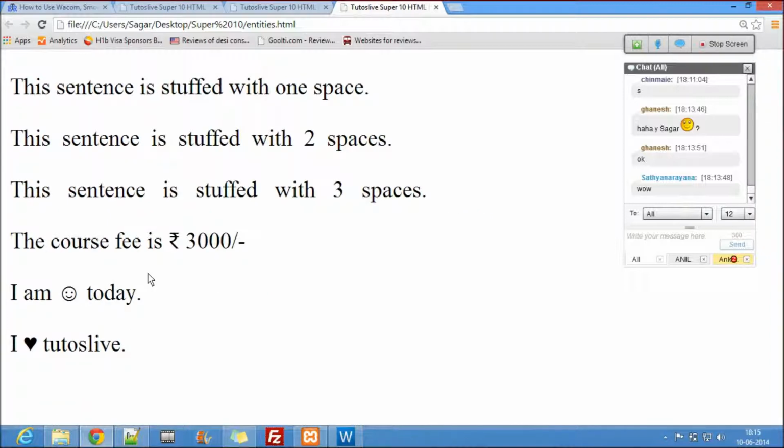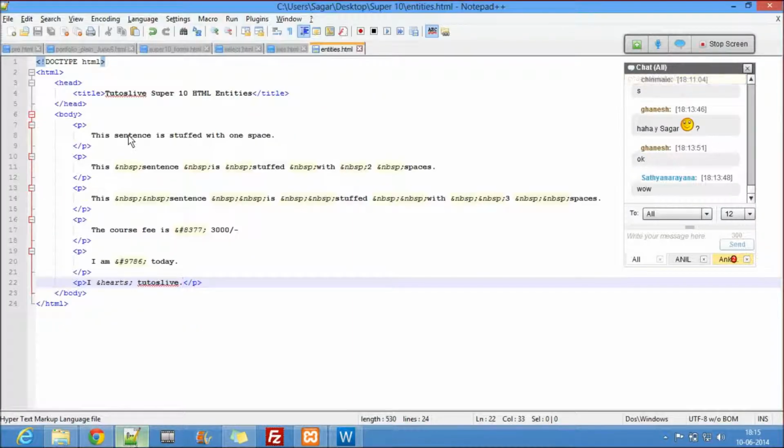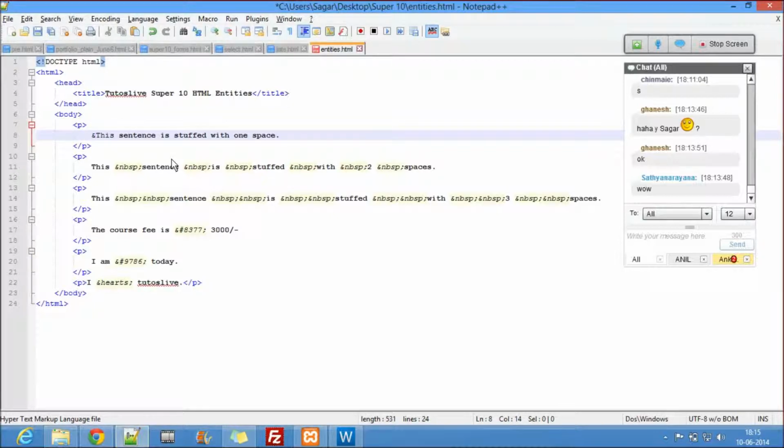Okay, so these are some cool entities, and there's one more entity. So let's do this. Ampersand hash 9733. So you guys have to figure it out.